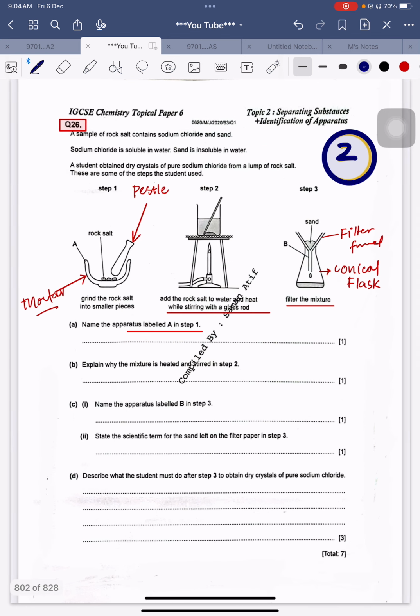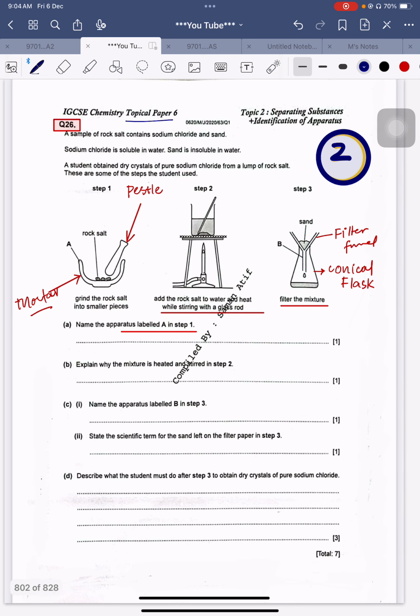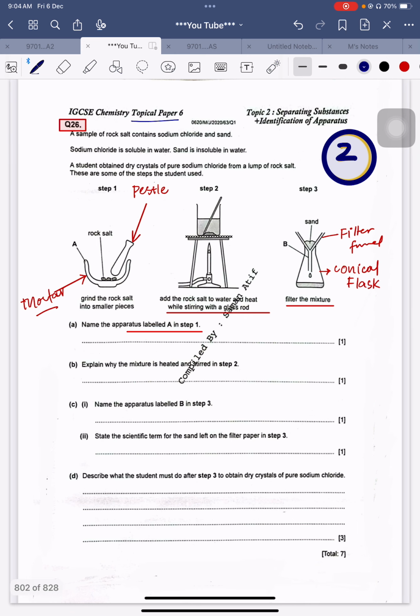Now I am on the second question on page number 2. It is again one of the questions from the ATP paper. IGCSE has paper 6 as an ATP paper, whereas GCE has paper 4 as an ATP paper. Both of them have 100% the same content, so don't get upset if you are doing IGCSE. If you are doing GCE, it is equally good for you.